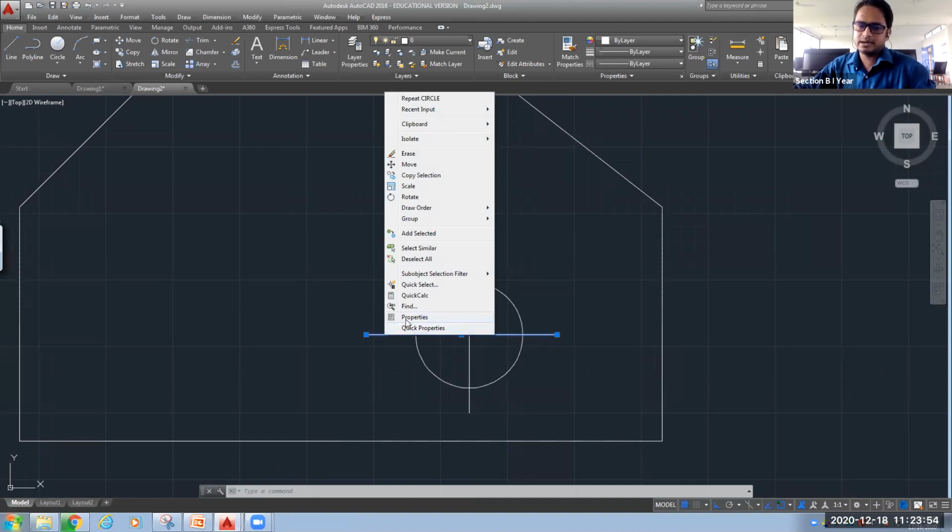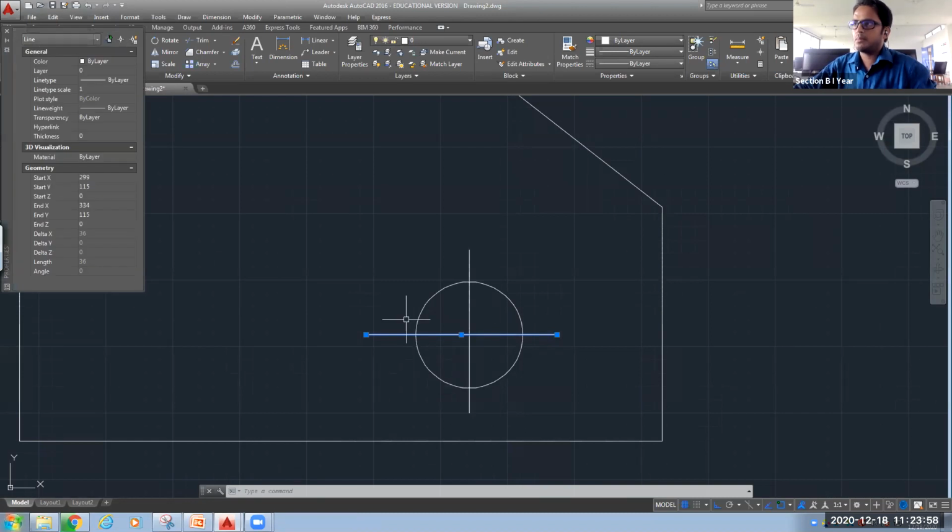You can see the option at the bottom is Properties. Click on Properties and all the properties are visible here, starting with color and many other things. But see the line type: it is showing by layer, and I want to change it to center line.